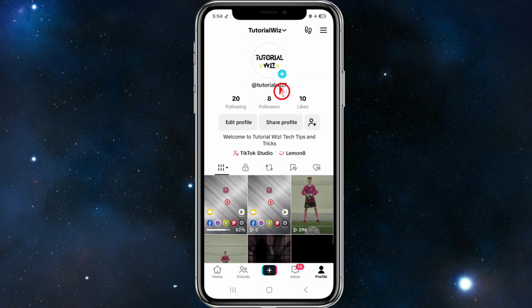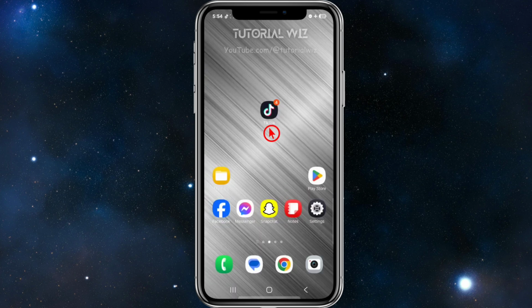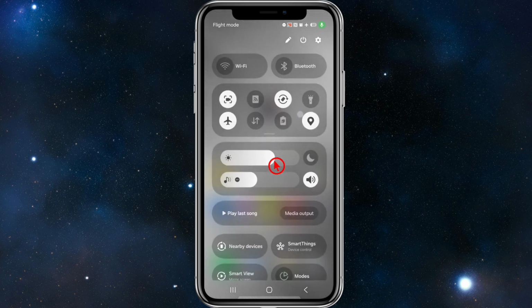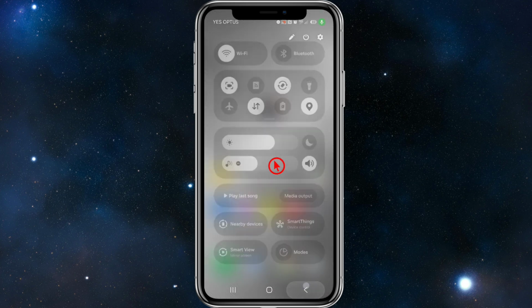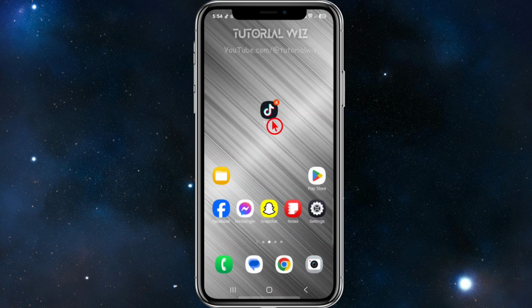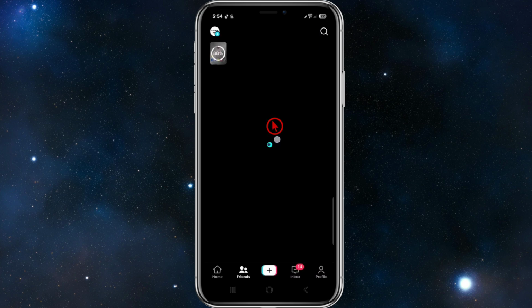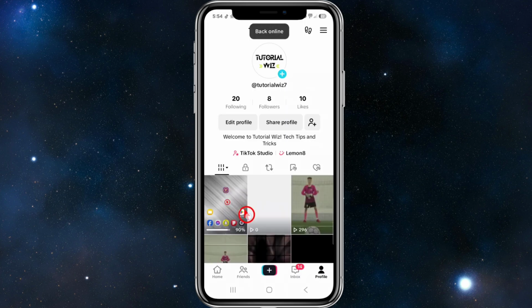So now my phone is in airplane mode. I want to get out of the application. So I'm just going to exit out. So I'm going to take that off. Now I'm going to turn airplane mode off, go back, and now I'm going to jump back into the application, go back to profile,